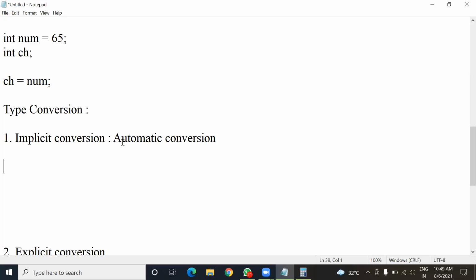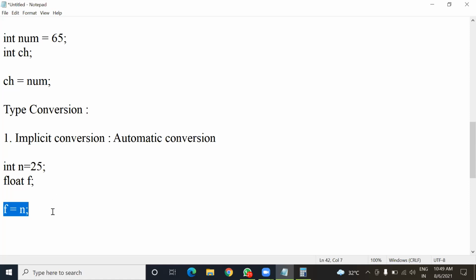So for example, you can see here that I am going to declare two variables: int n equals 5 and then float f. Now here I am going to write f equals n.